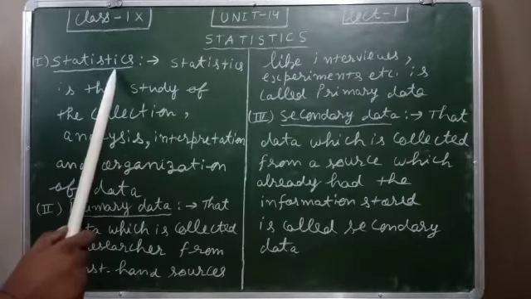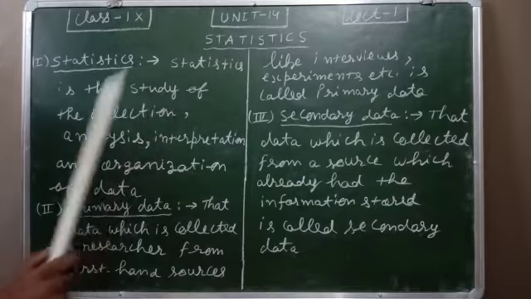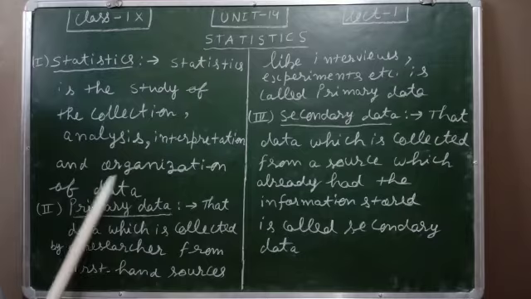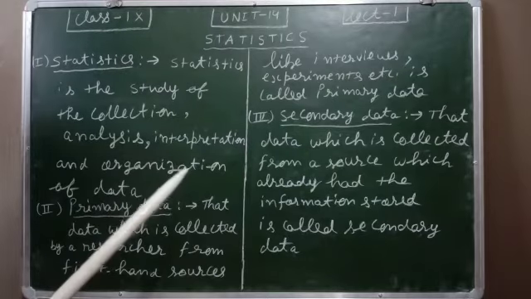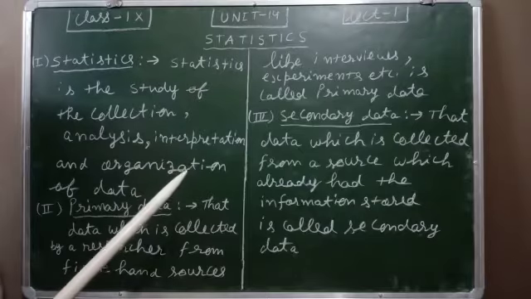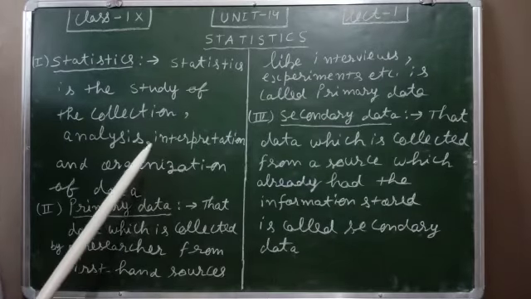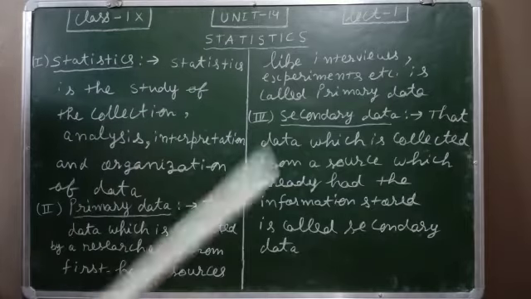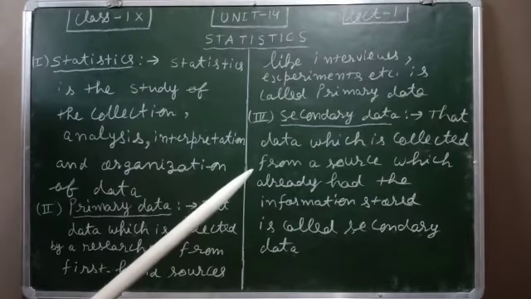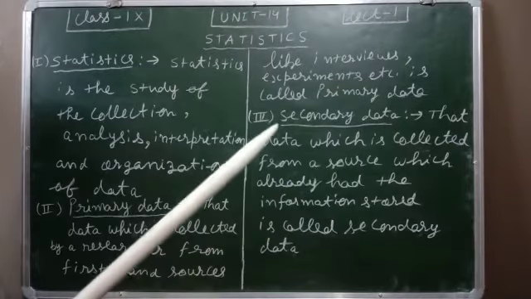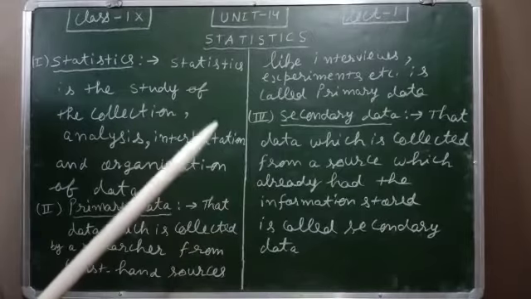First basic point is, what is the meaning of statistics? Statistics is the study of the collection, analysis, interpretation and organization of the data. Sometimes we use data in the form of a table, that is a frequency distribution table or group frequency distribution table. Sometimes we collect data and draw a graph by using the data to show the results. Third, sometimes we can find the mean, mode and median, which means there are many tools to show the